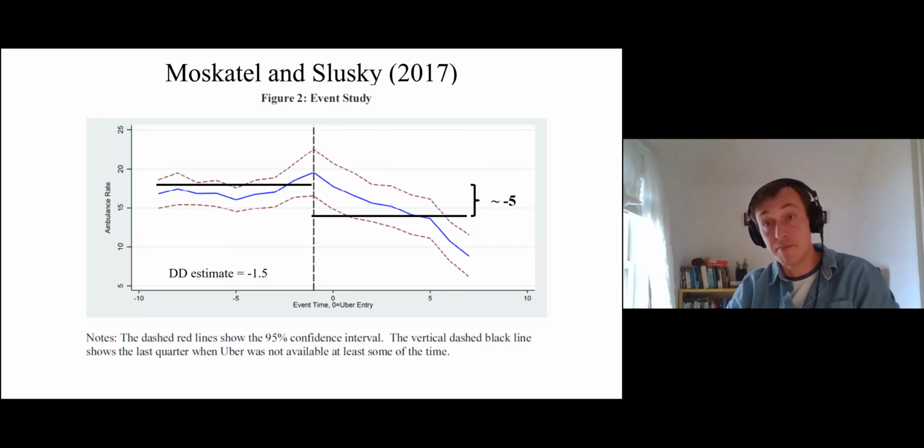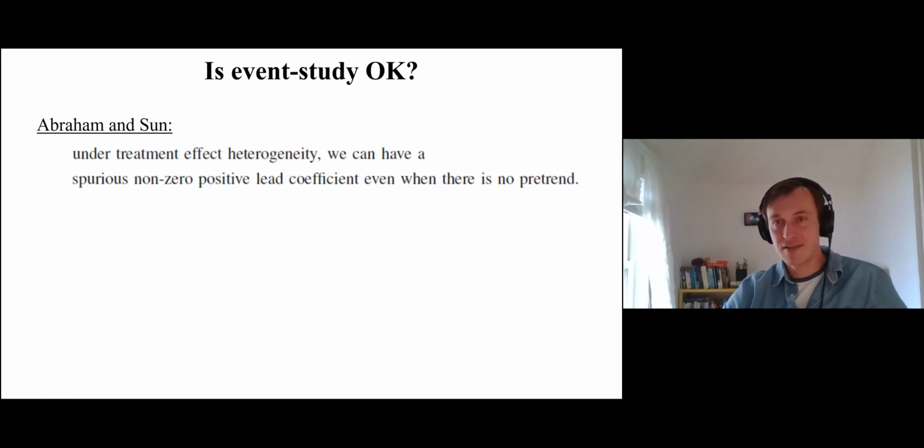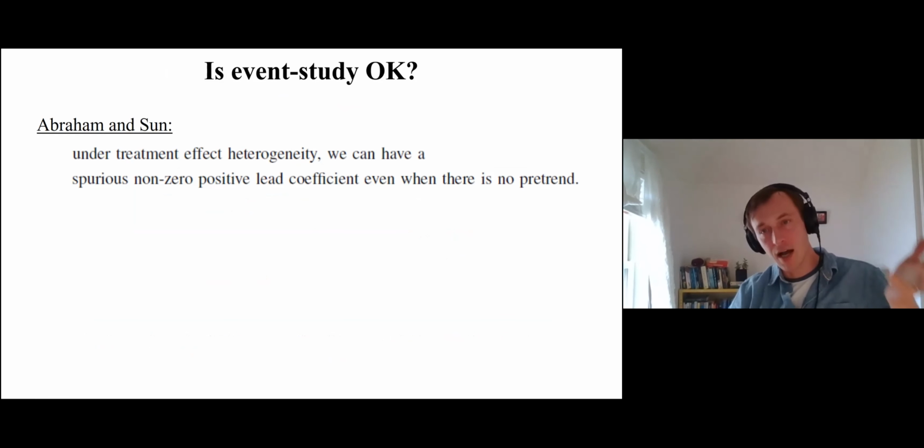So I think probably the last thing that I'll say is that there's one link in the chain here that's kind of missing and that I don't address in my work, which is I'm showing you, for example, event studies, and I'm implying that the event studies are giving us the right answer, and then two-way fixed effects like diff and diff with one coefficient is giving us a biased answer. So you might say, oh, well, is event study okay? Why don't I just do an event study? Alas,